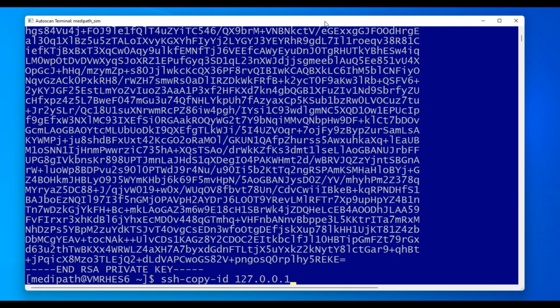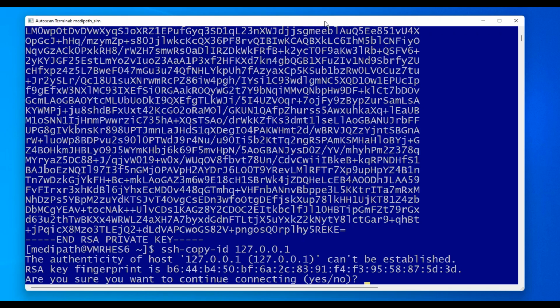Now, the fact that we're on the Medipath server is not really important. It doesn't matter that we're actually telnetting from ourselves to ourselves, from this host to this host. It's just to go through the process of copying that public key. So we'll do that. And by default, it'll pick up our